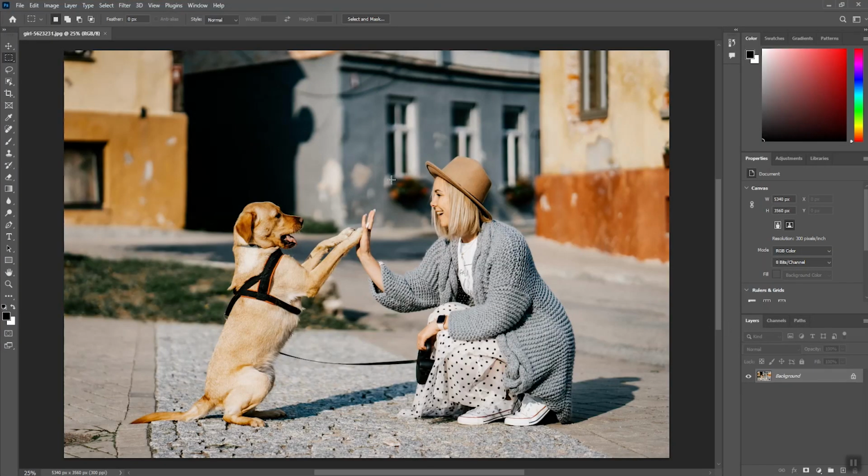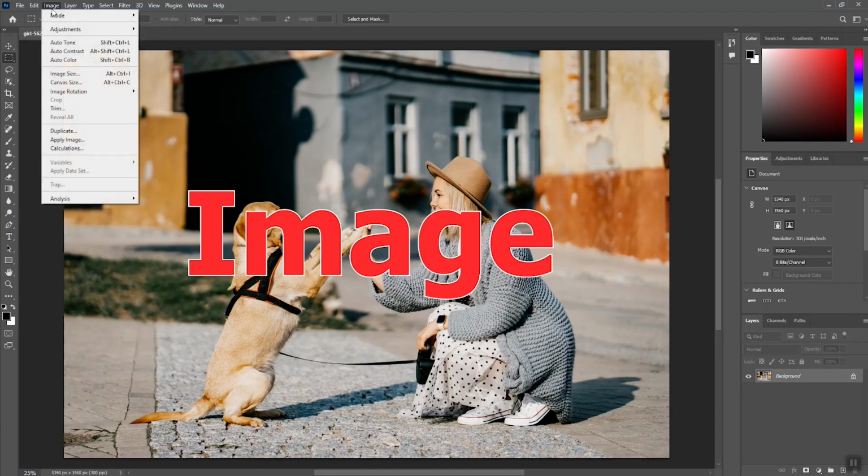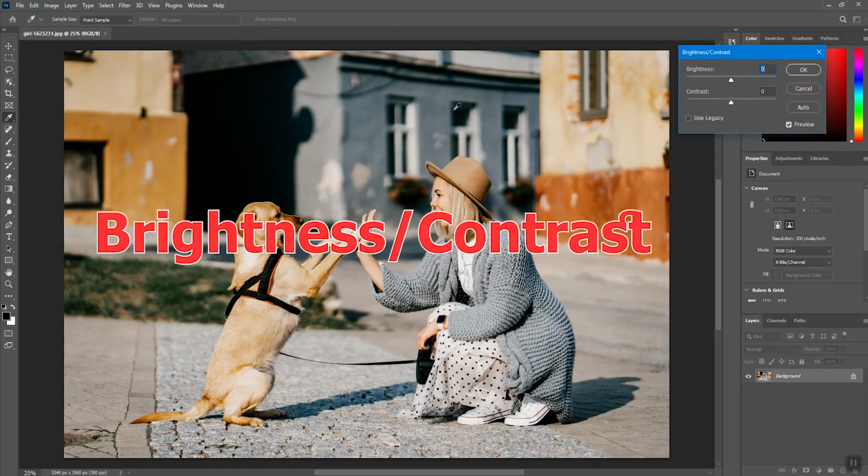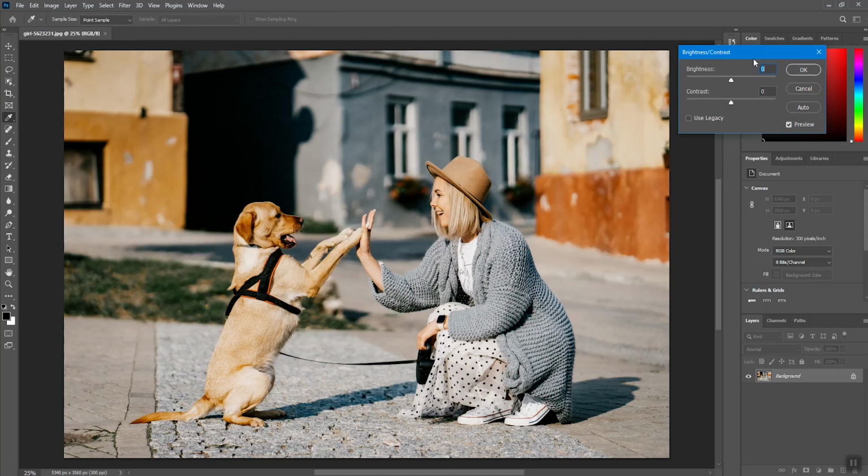To change the brightness and contrast of the photo, first of all, you must make sure that the layer of your photo is selected in the Layers section. Now, from the above menu, select Image, Adjustments, Brightness, Contrast. As you can see, a small window for these settings will open for us to change the brightness of the